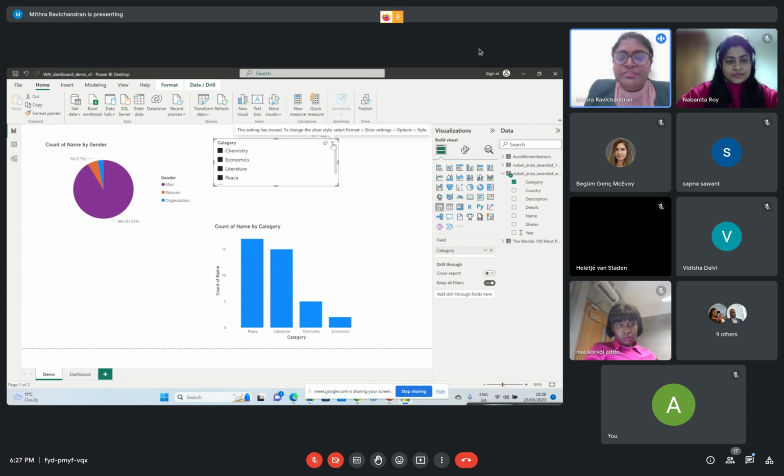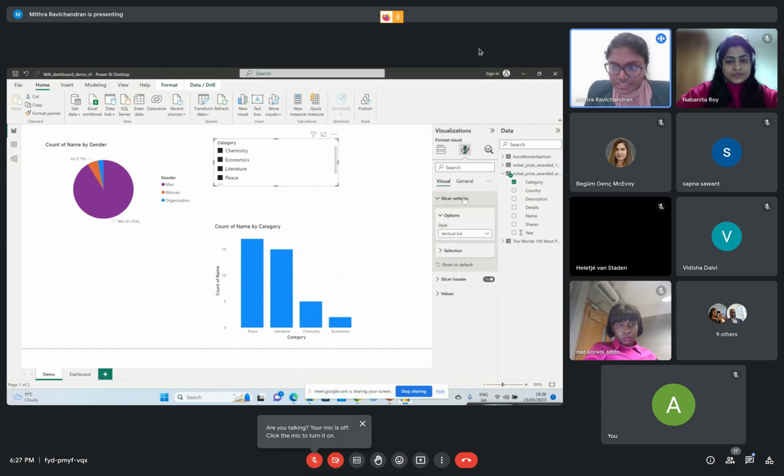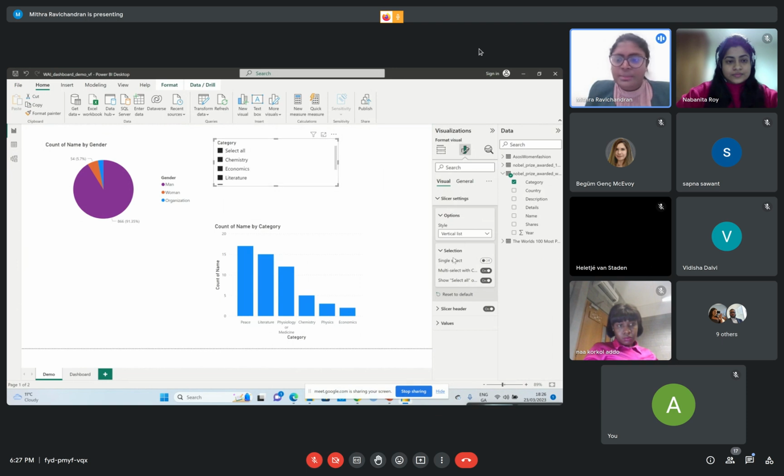And also there are different options for how you want to use this. For example, if you go to slicer settings and selection, you can have an option called select all, where if you want to select all, you can select all. And there are multiple options where it will allow you to do multi select, or it will allow you to do just single select. And if you touch on this drop down,